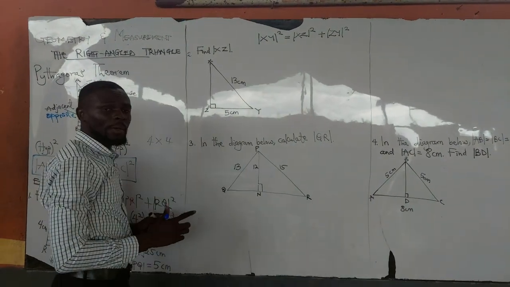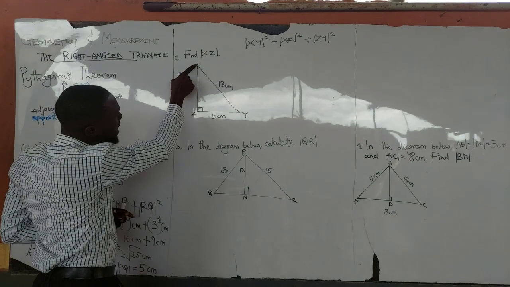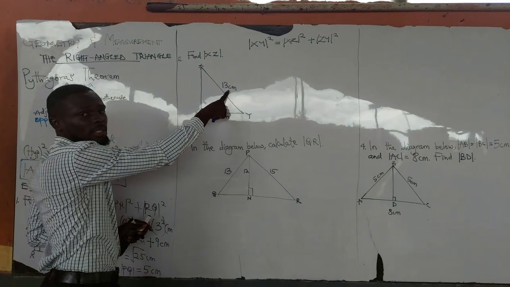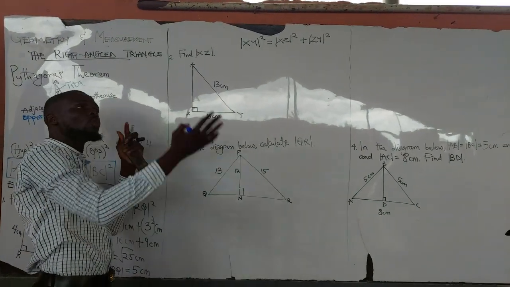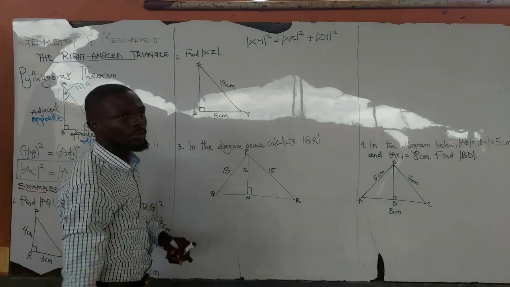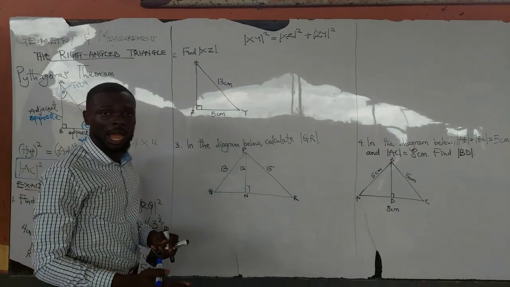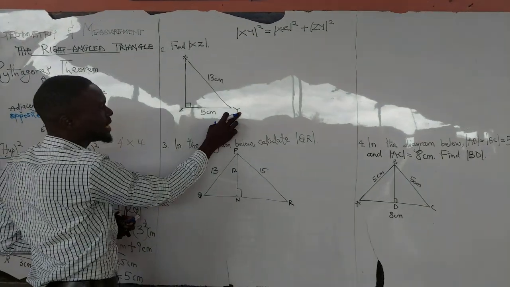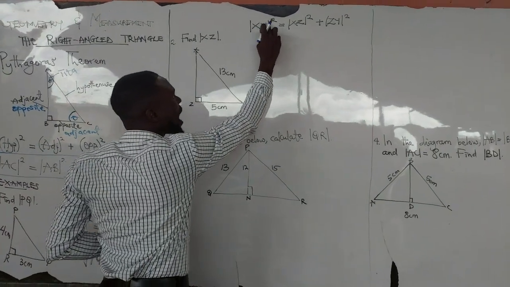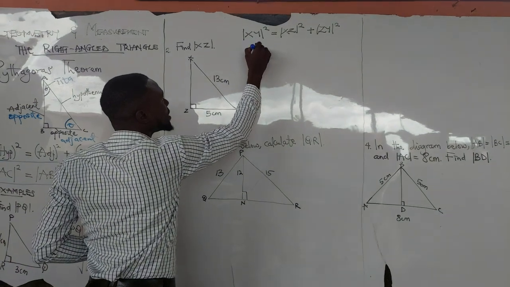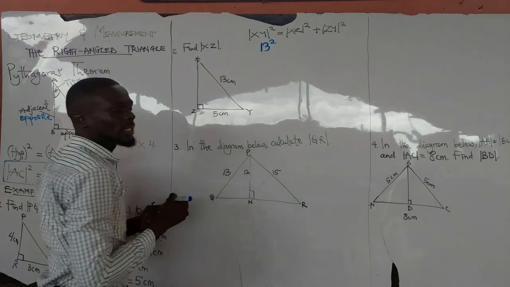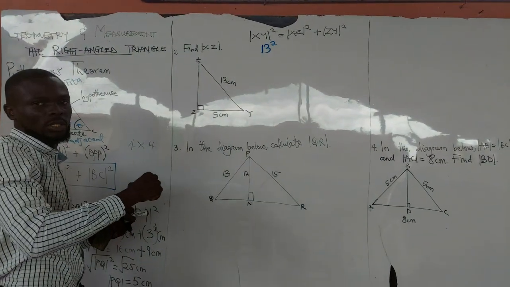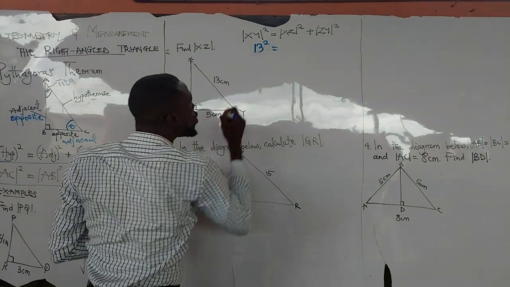Here, xy. Have I been given xy? I've been given xy as 13 centimeters. So I can choose to work without the unit, and in my final answer, I just make sure I bring back my unit. So the xy is 13. Now this is xy squared, so I'm going to write 13 squared, which is the hypotenuse. Now this is equal to